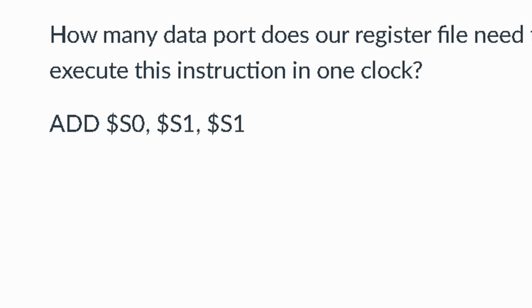How many data ports does our register file need to execute this instruction in one clock? We have this add here, and we know each of these instructions is 1 bit. So we have 1 bit for each of them. Now, when we do this, there's going to be two parts. The first part is adding these two together because of this instruction. So we're going to add these two together, and then after that, we are just going to place whatever that